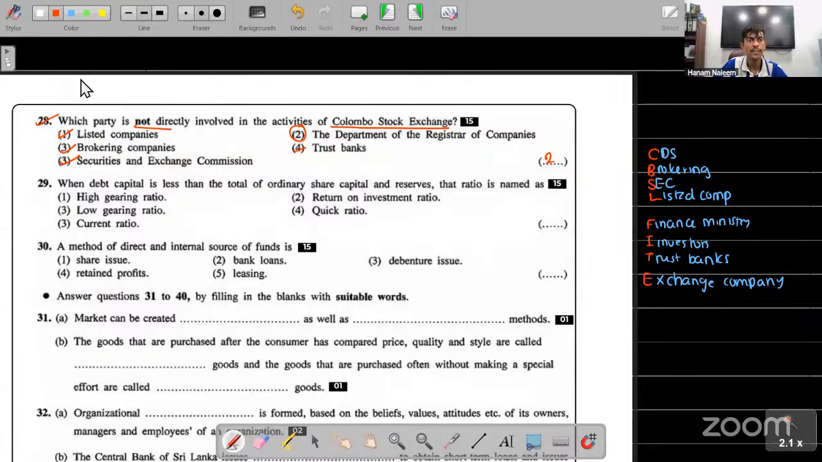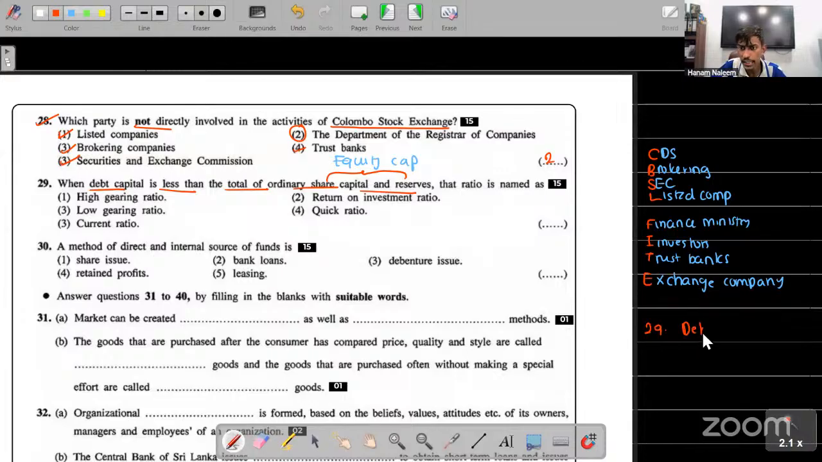Then question 29. When debt capital is less than the total of ordered share capital and reserves. Can I say one word for this capital? The capital which includes the shares as well as reserves. What do you say for that capital? Very good. For this capital, we say equity capital. So in question number 29,